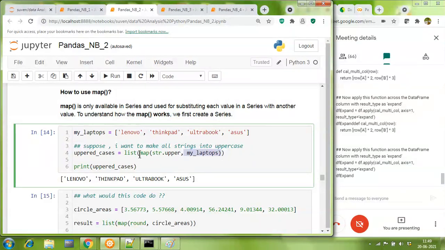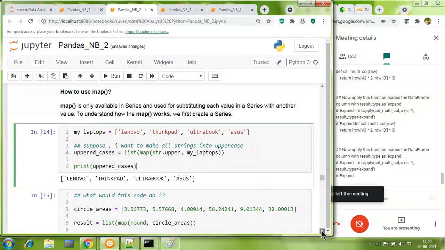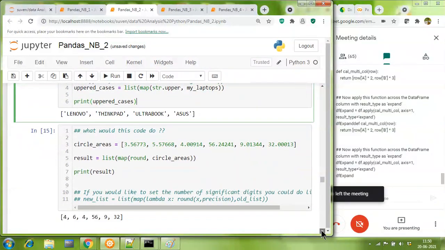But friends, we really cannot print the output of a map, so I'm converting the output of a map to a list and then I'm printing it. Have a look. What do I see? All the names in upper case. Okay? No, I'm not giving you time to run it right now. Patience. There is one more thing to be done, and then I will give you time to run.